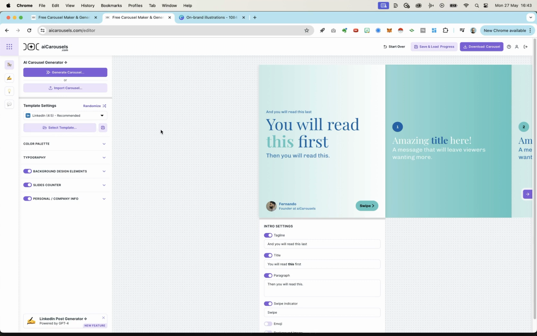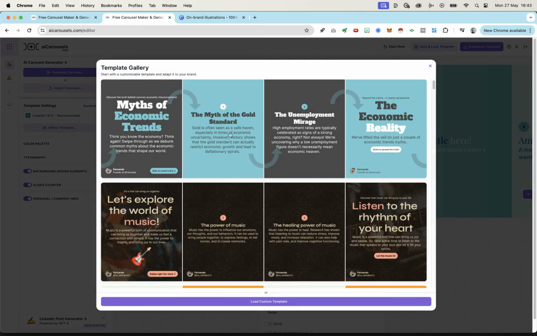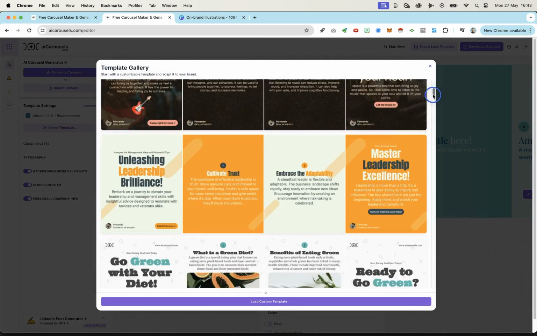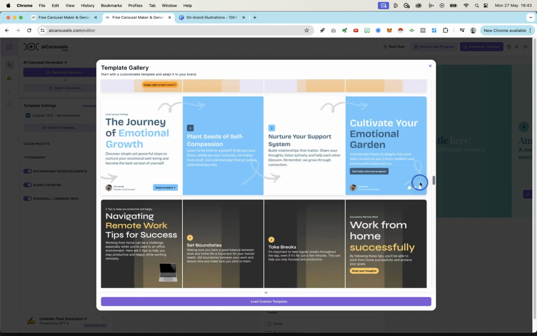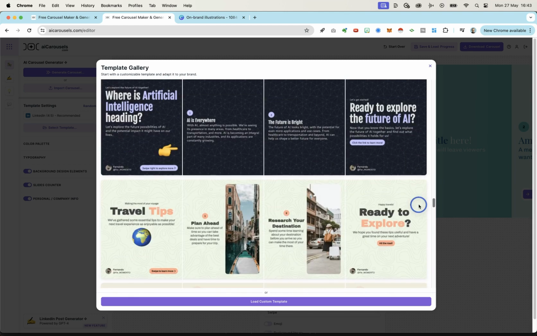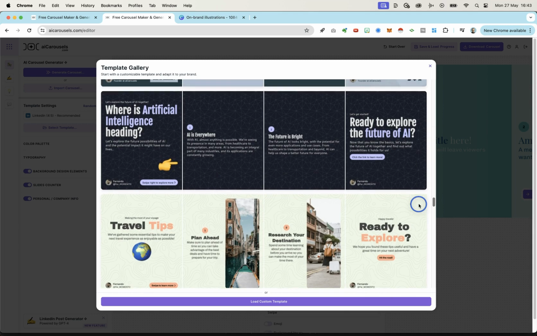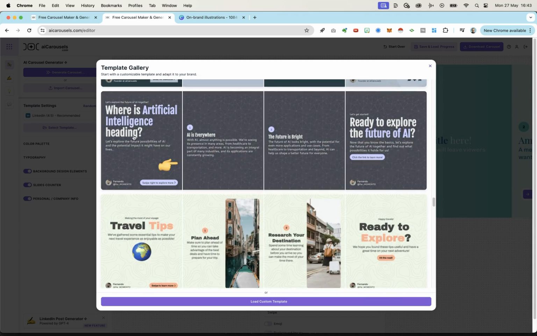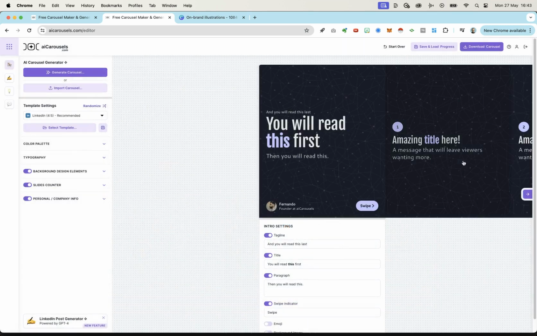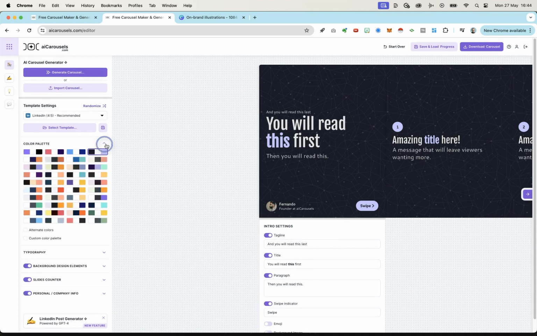First of all, we will select a template. So they have a template gallery here and a pretty nice selection. I like this one. This one's nice. Let's go with this one. Okay. Right. Now, the thing that I really like here is we can go into color palette and we can say